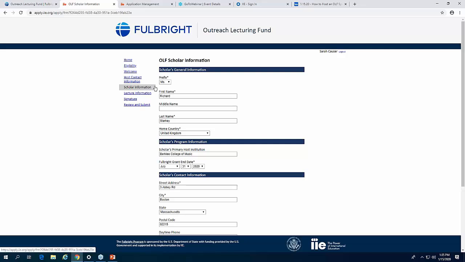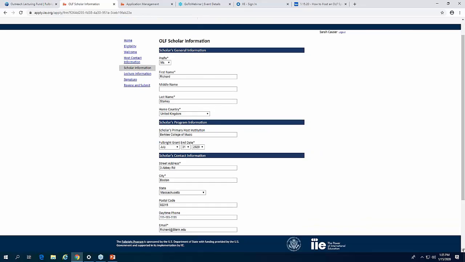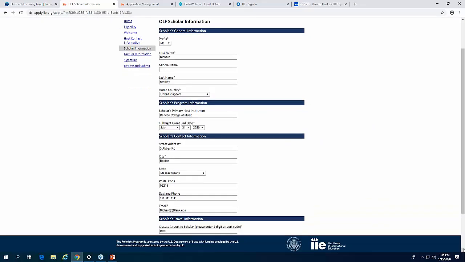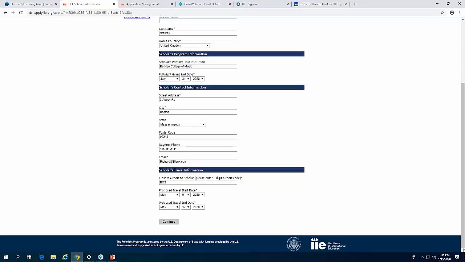So on the scholar information tab, this is the information that you will gather from that scholar as you're planning their logistics. You would add their first and last name, what country they're from, where they're currently located in the United States, and again, all of this is located on that scholar directory, and then you would get their actual grant end date from the scholar. We do check this on our end, but really it's there so we can make sure that we're not approving grants taking place in the last month, because administratively, we just cannot process their payment, because they're given their payment after the successful completion of their OLF. So we have to have that month to make sure that the event took place.